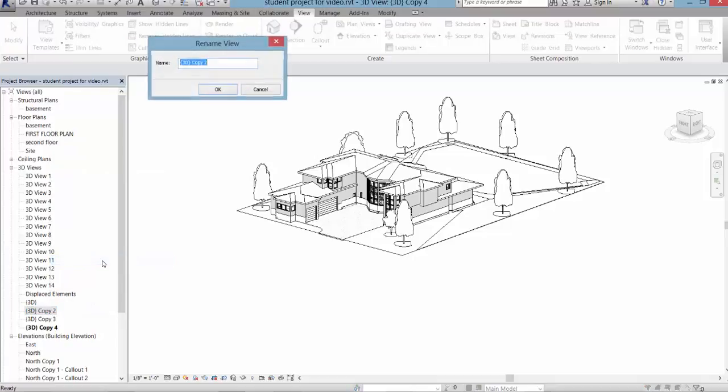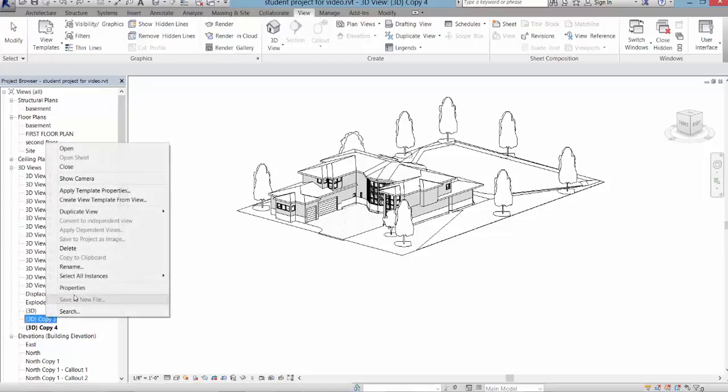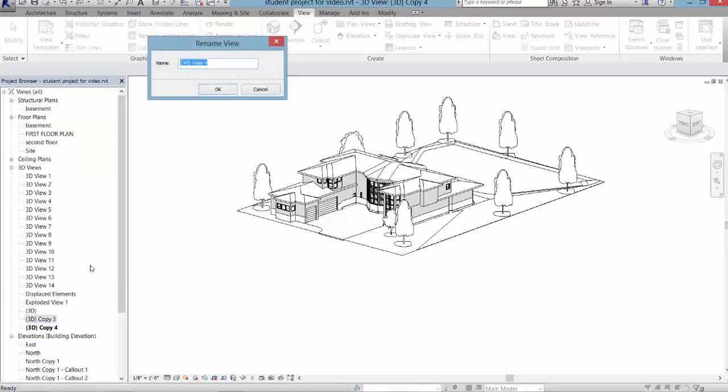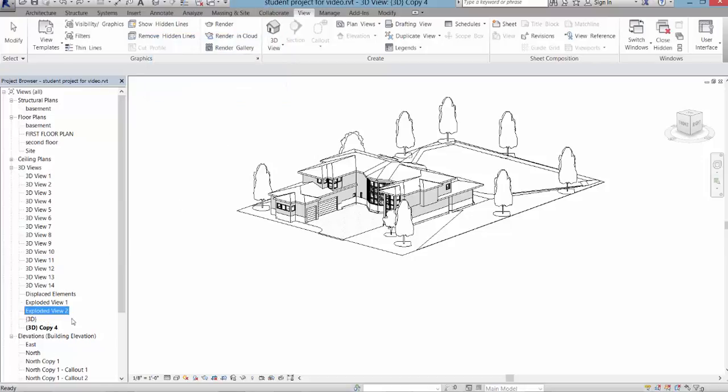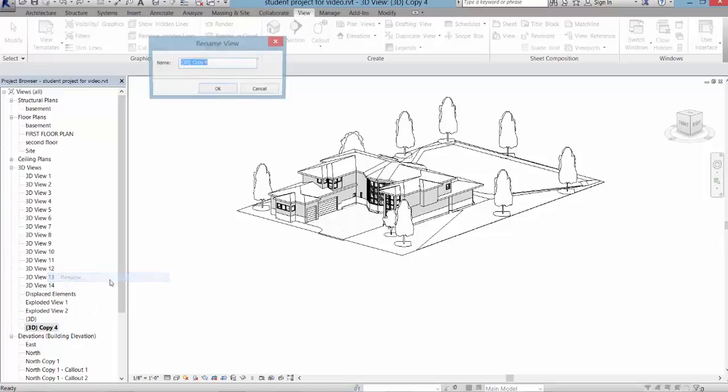So I'm going to rename this one exploded view 1. I can rename this one exploded view 2. And that last one there, exploded view